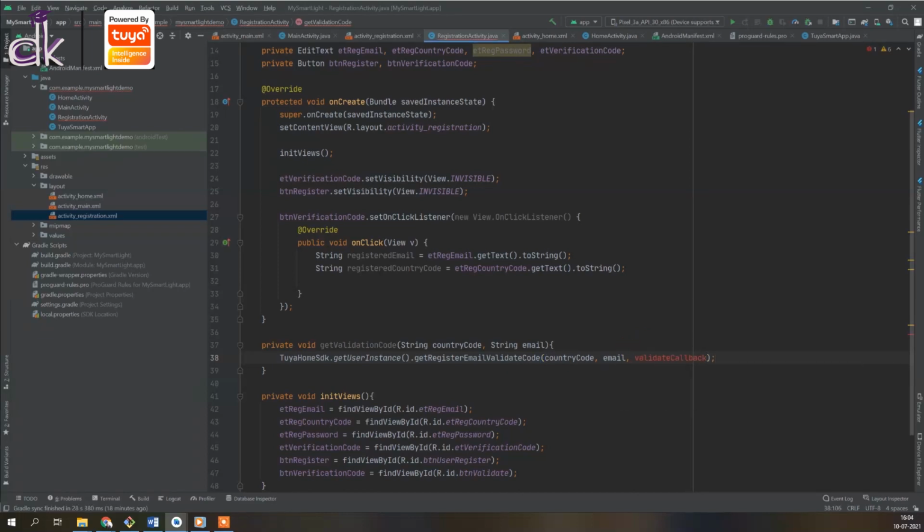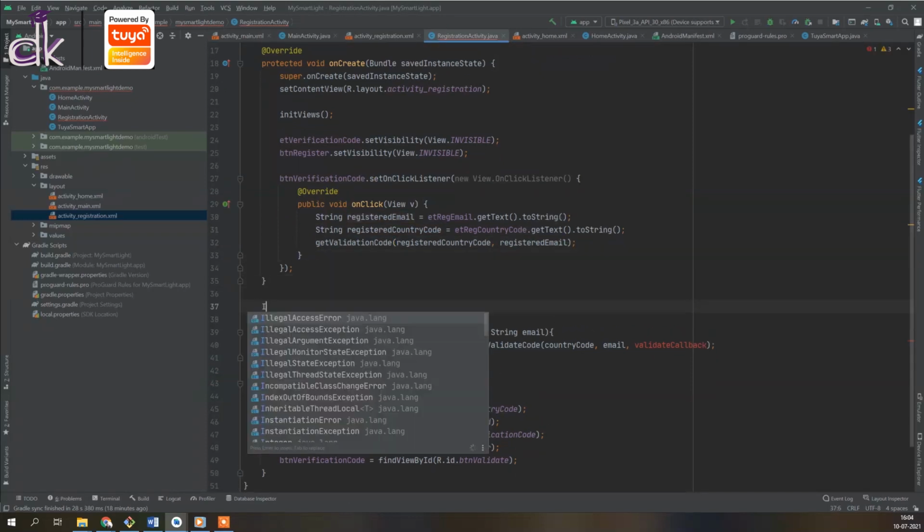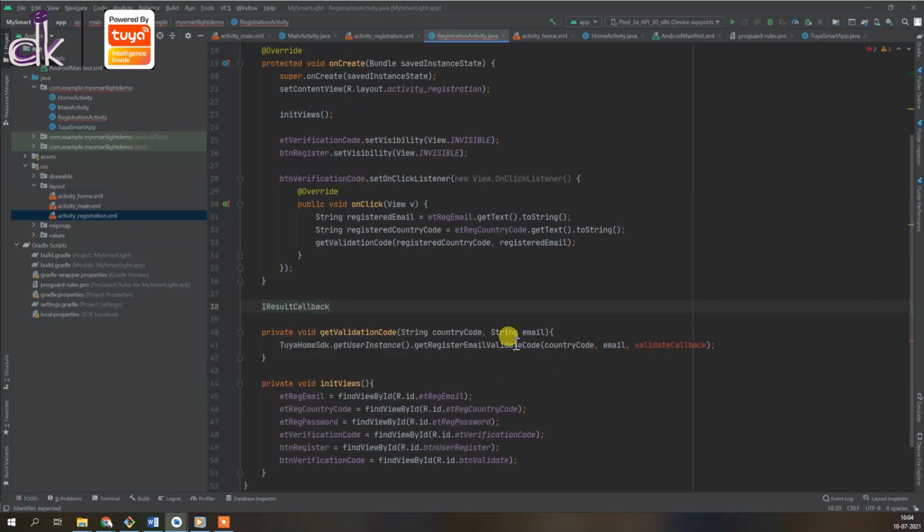We'll need to create it, so that's why it's throwing an error. But anyways, let's call this function here, and let's pass in the registered country code and the registered email.